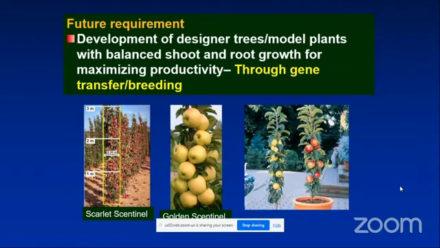Then there is a requirement in future, when we are thinking again about urban horticulture and our development of the designer tree model, balanced shoot and